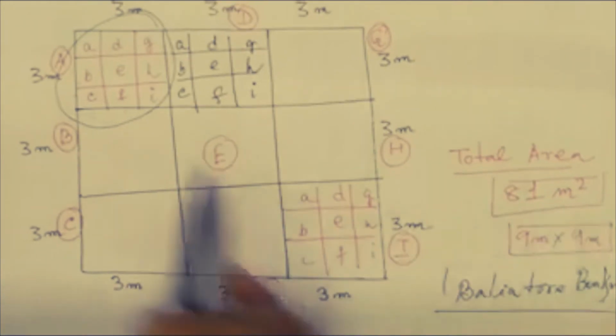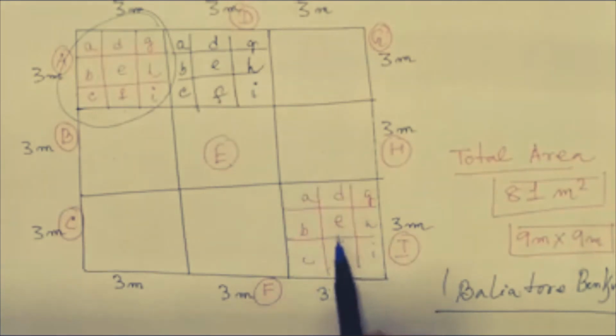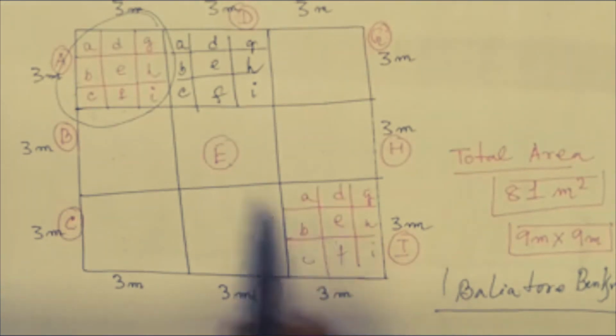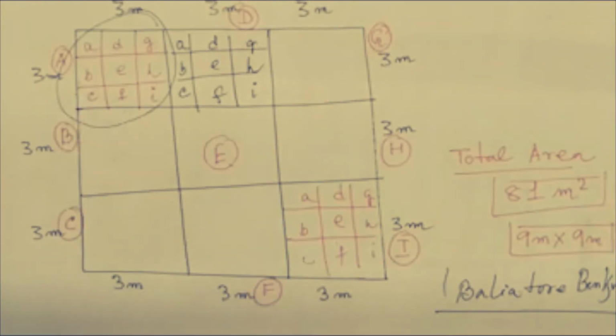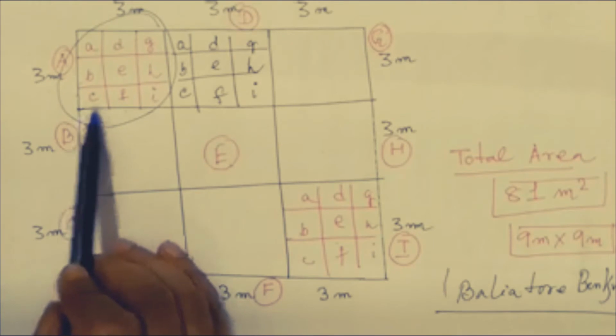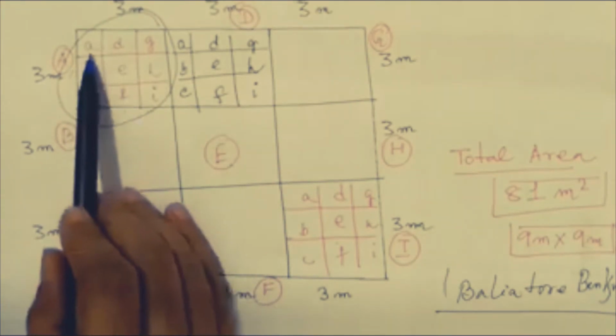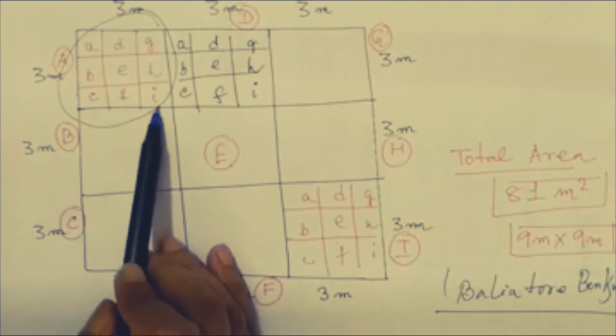This is grid A, B, C, D, E, F, G, H, I. Okay, and to get more precise information, each 3 meter by 3 meter grid is divided into 9 small grids, small a, small b, small c, up to small